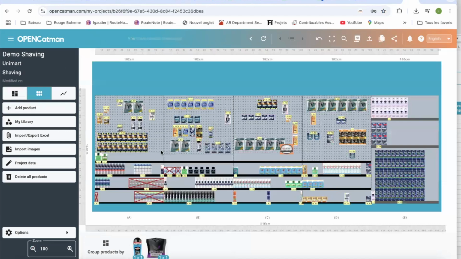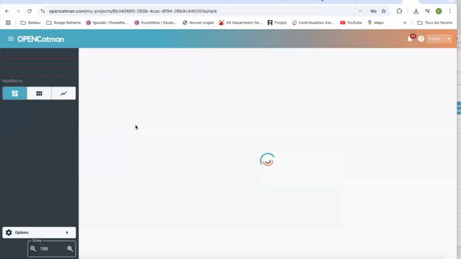For example, let's see how we are used to work when we start a project from scratch. What I'm used to do is to copy all the barcodes of the products I want to include in a planogram, right? So let's go with a new project starting from scratch. I'm going to create a new project, test, demo, demo. So creating a new project,